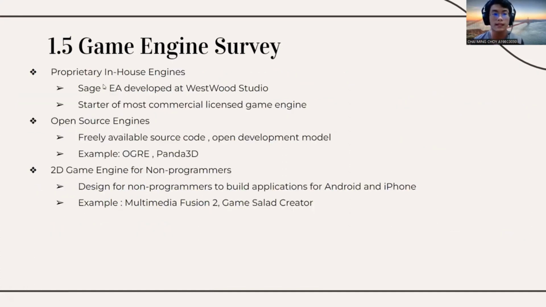We also have in-house engines like Sage, developed by EA, and the game engines that I mentioned just now, most of them started as in-house engines. We also have open source engines created by amateur and professional game developers, and they are totally free. The source code is freely available and has open development models, like Ogre and Panda 3D. Other than that, we also have 2D game engines for non-programmers, designed for them to build applications for Android and iPhone, like Multimedia Fusion 2 and also Game Salad